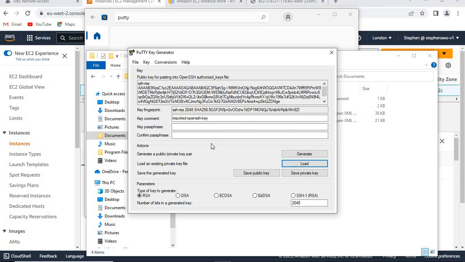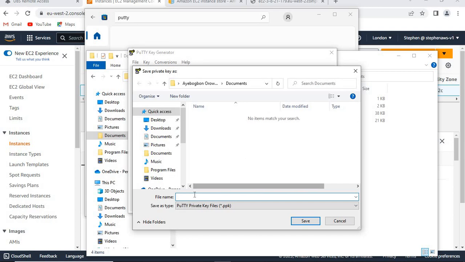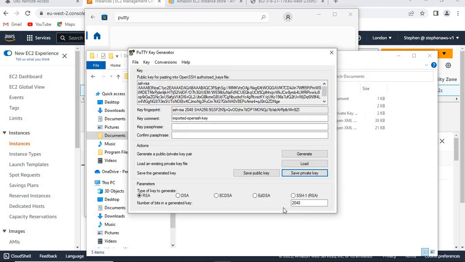What we want to do is save this .pem file security key as a ppk file. Save private key, yes. Then we type the name here, EC2. I'm going to use EC2 key 2, and it's going to be .ppk format. Save. Remember where you save it. And make sure it's RSA here. Once you've saved it,